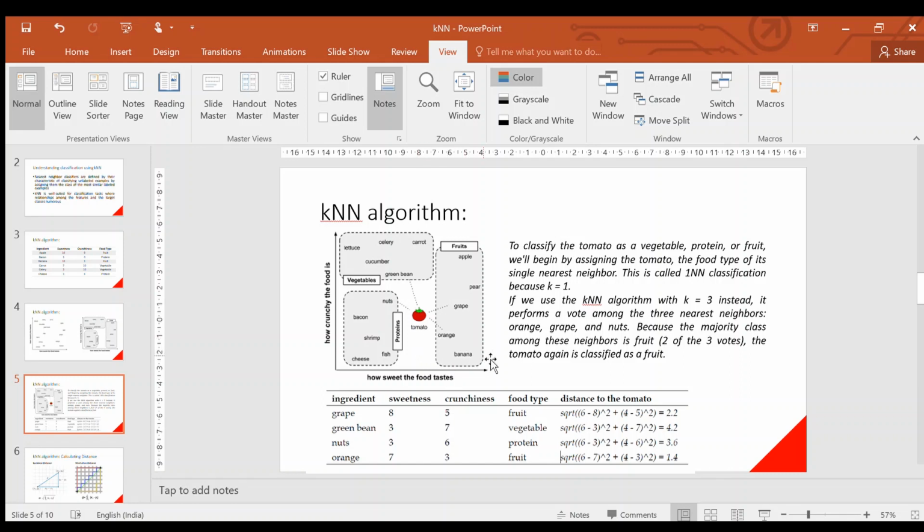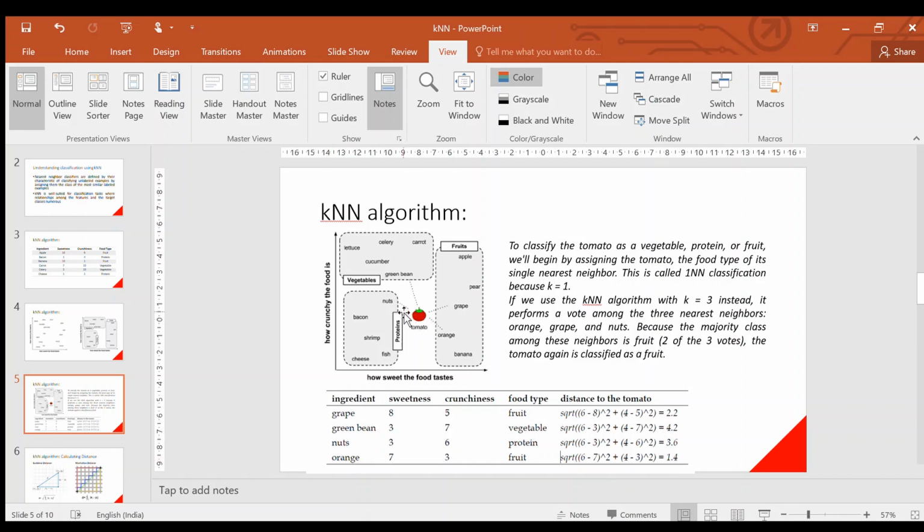Suppose the 3 nearest neighbors of tomato here are orange, which we observed earlier, then grape, and then nuts. So these are the 3 nearest neighbors of tomato. Grape belongs to the fruit category, nuts are part of the protein category, and orange is a fruit.